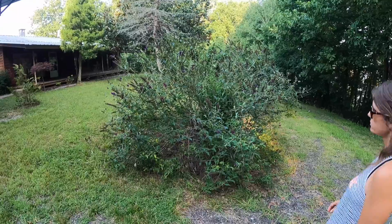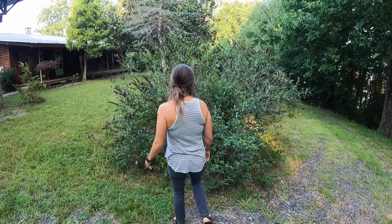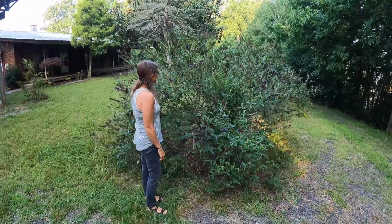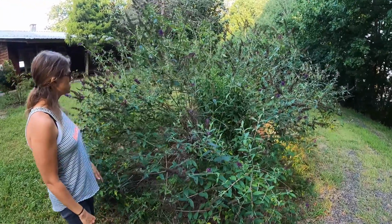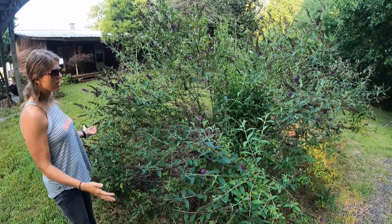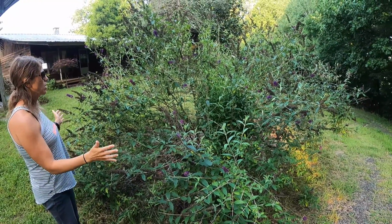Just stand next to it, sweetie. This thing's huge. It's got to be 10 feet across and 6 feet wide. I'm actually surprised I don't see anything on it right now. Usually there's butterflies. I was going to say this plant right here is a video all in its own,